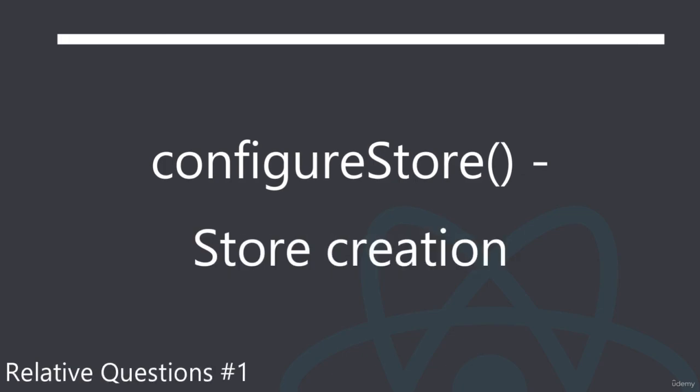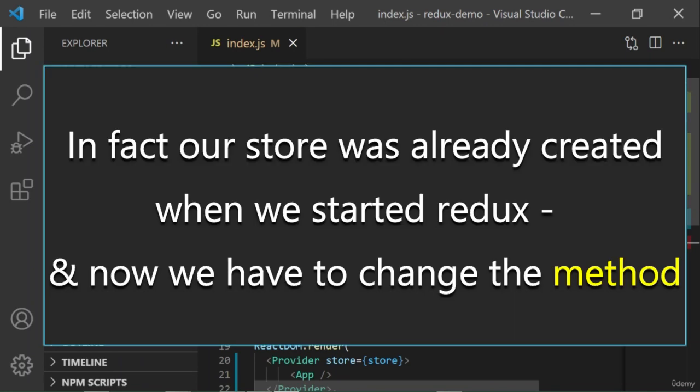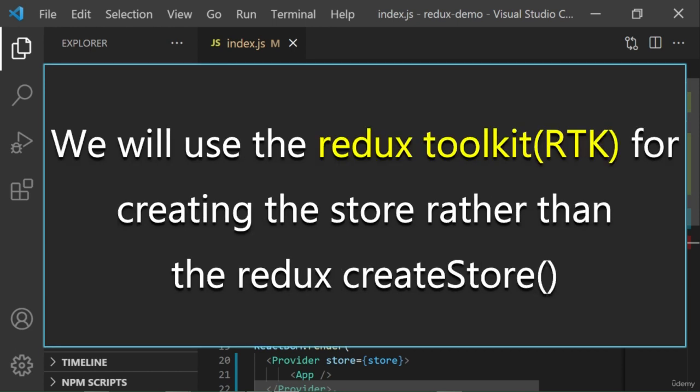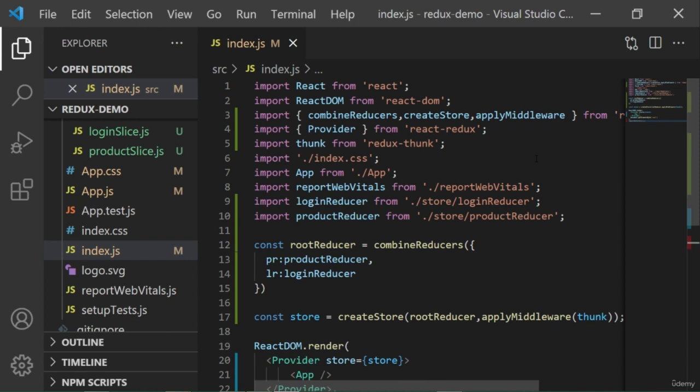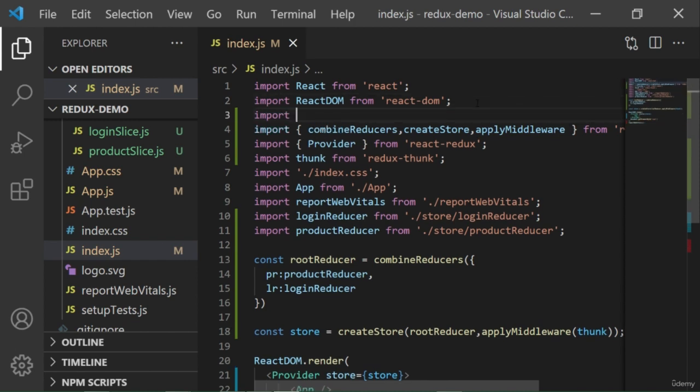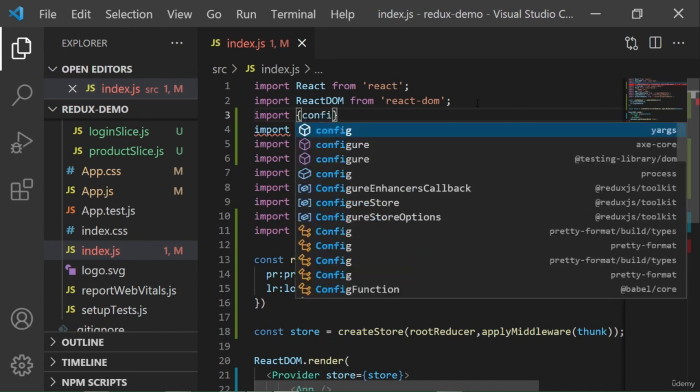Alright, so now we will create the store. In fact, our store was already created when we started Redux, and now we have to change the method. We will use the Redux toolkit for creating the store rather than the Redux createStore method. So now let's go to index.js where we actually created our store, and here I'm going to import the configureStore